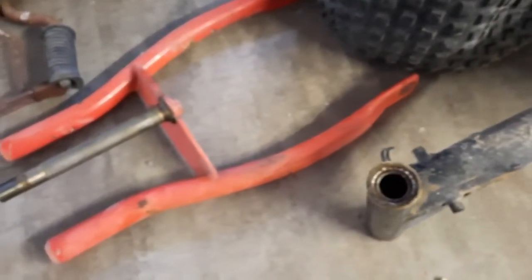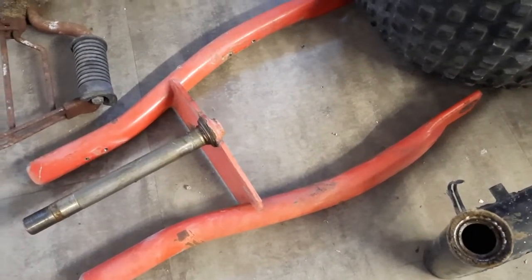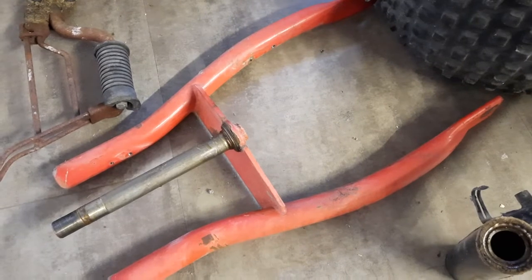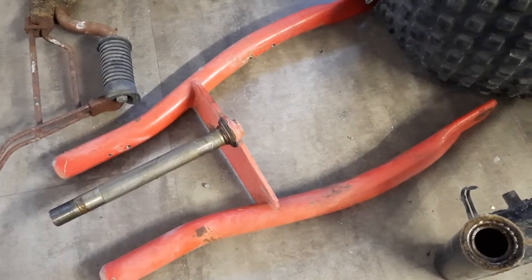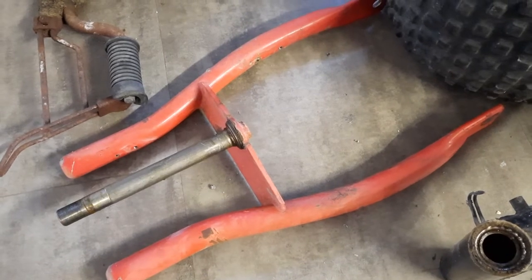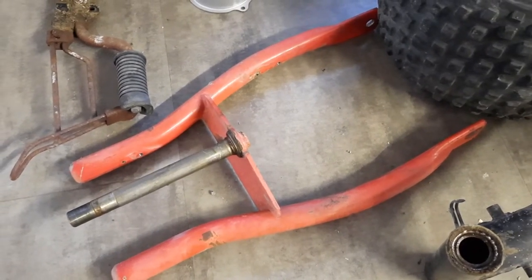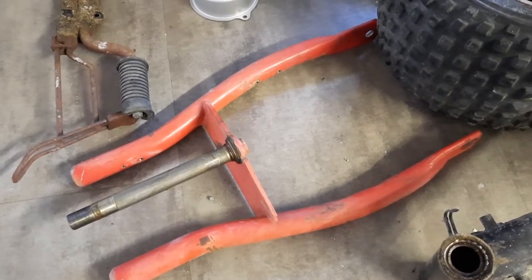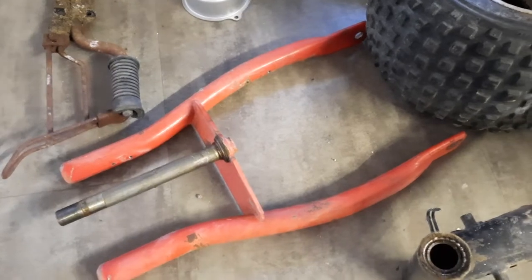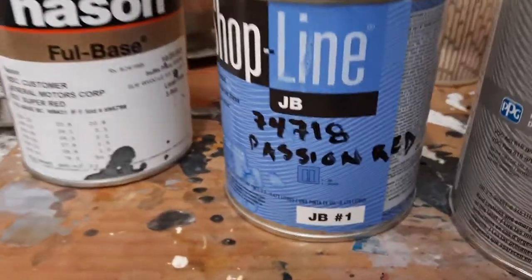Now, I've gone through all kinds of videos and forums, and I've checked with everybody, and Chico basically narrowed it down to 2 paint colors. One is the original paint color, and I have that code, and I'll show it to you, and the other is a GM paint color. Here are the 2 colors. Now, it's Passion Red,